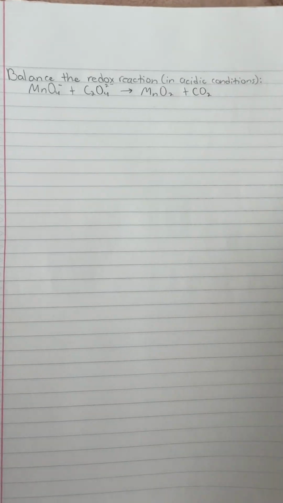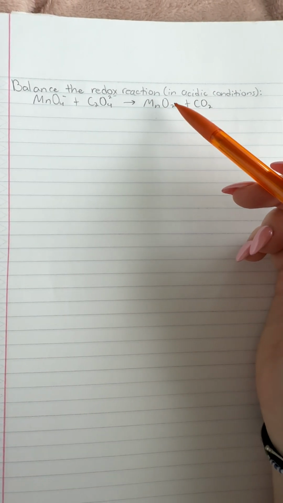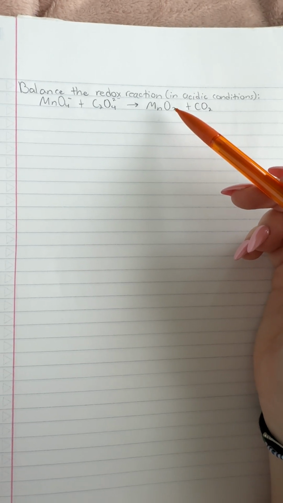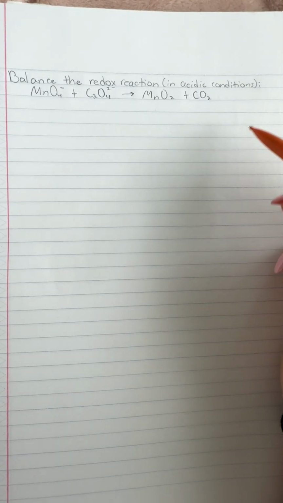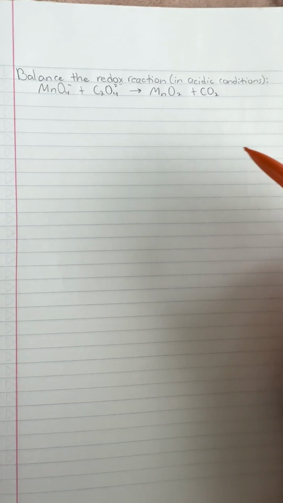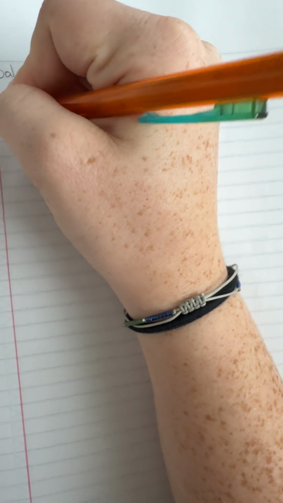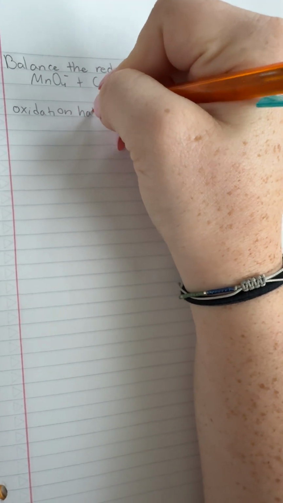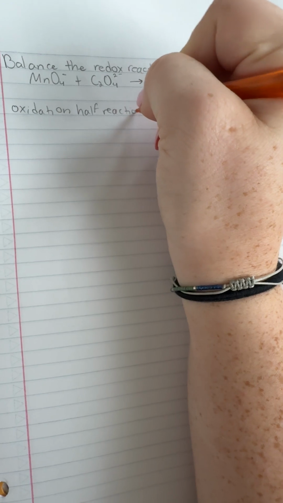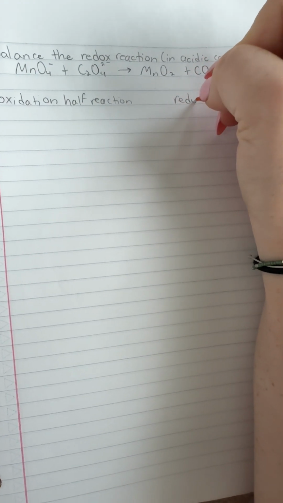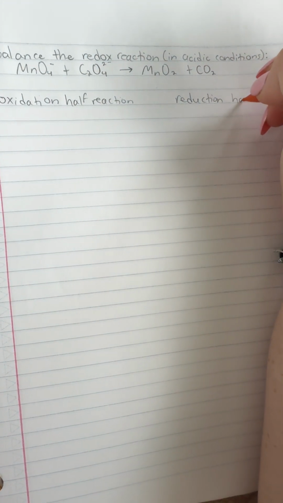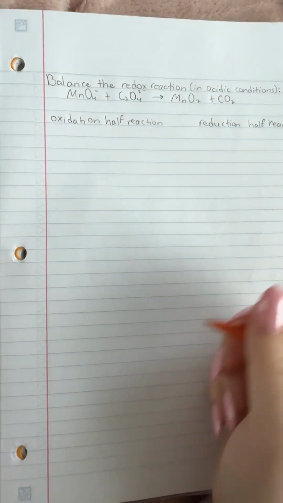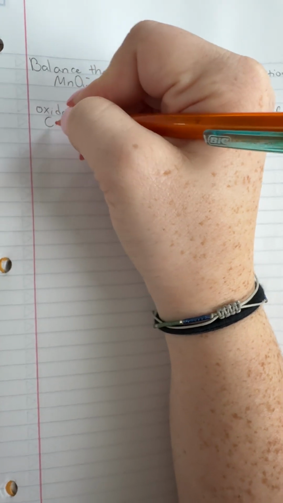This question is asking us to balance the redox reaction in acidic conditions. Because it's a redox reaction, we know we'll have to split the reaction into half reactions, one for oxidation and one for reduction. If we start with oxidation, we'll get